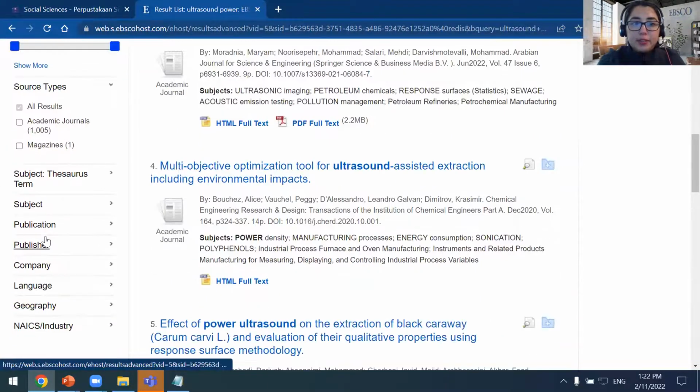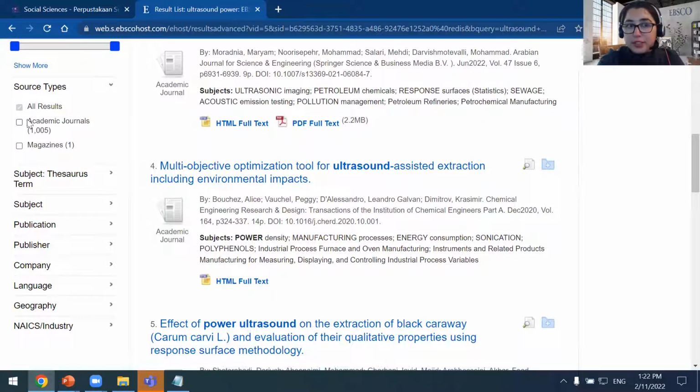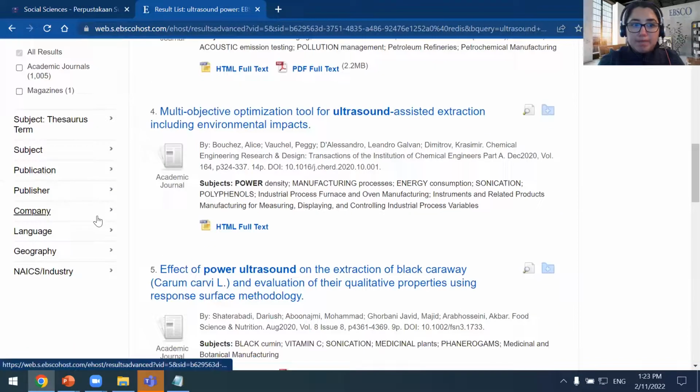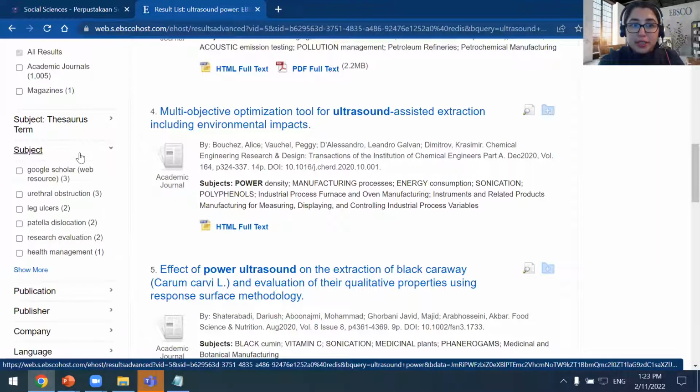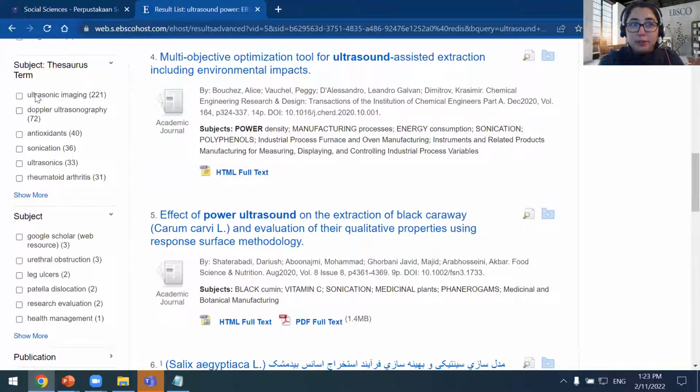I'm just going to go through some other limiters here. I can limit to source type. Most of the content here is from academic journals, and that's to be expected because I did limit to peer-reviewed. I could also limit to subject if I wanted to. For example, if I'm looking for ultrasonic imaging, I could limit accordingly. Maybe I'm looking for Doppler ultrasonography.